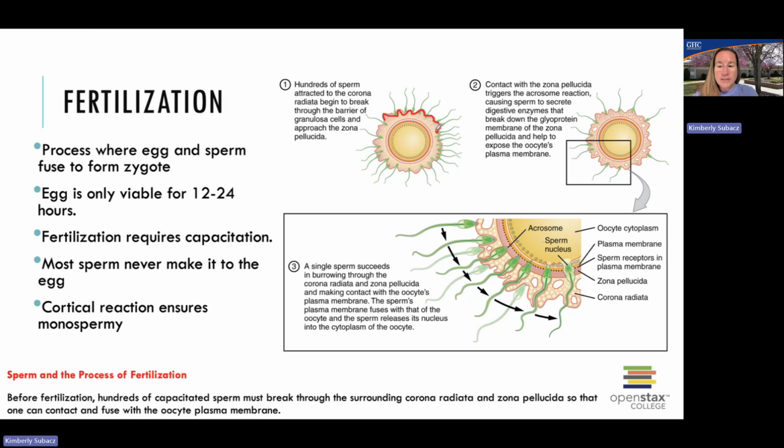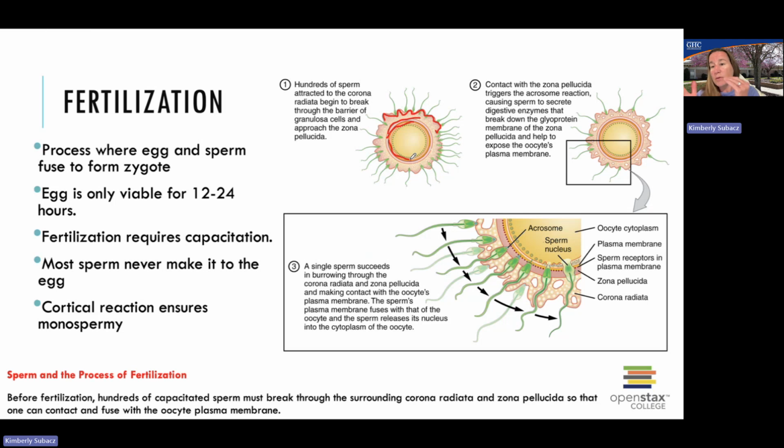And then after it makes its way through the corona radiata, it has to make it through the zona pellucida. That's this inner layer here. So it has to go through two layers, the corona radiata and the zona pellucida, and then finally it's going to make it to the actual egg membrane right there. And once that sperm touches the membrane of the egg, we used to just say that